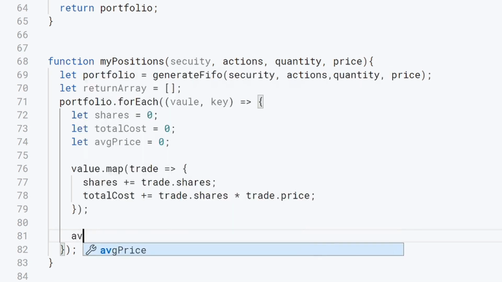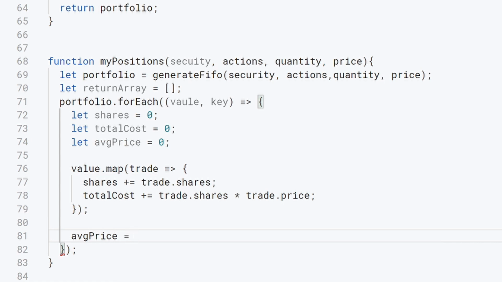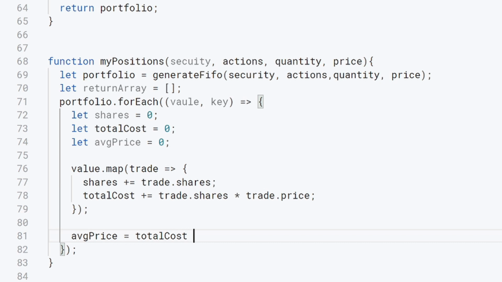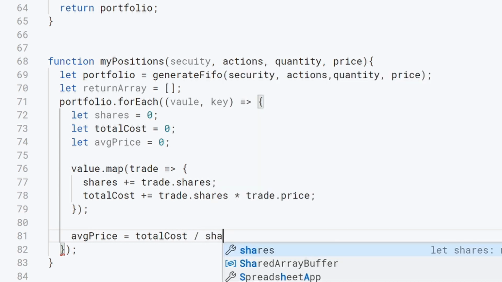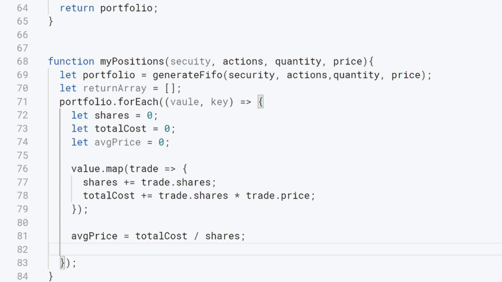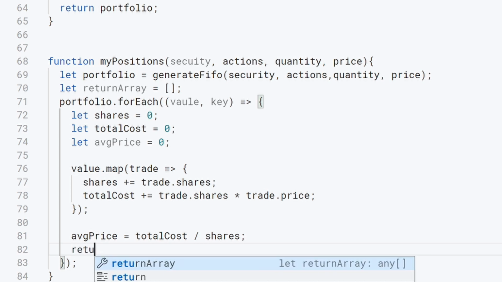Almost done. We're going to do average price equals total cost divided by shares. Look at that. We're getting into some simple math now, right? We should all know that, or, the gist of it. We're going to hit enter. We're going to do return